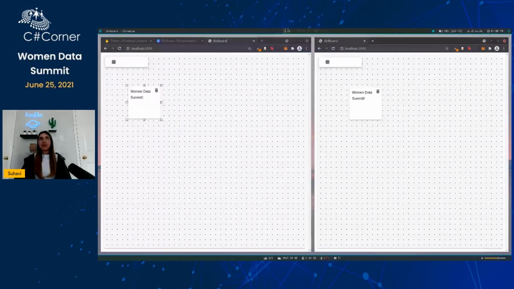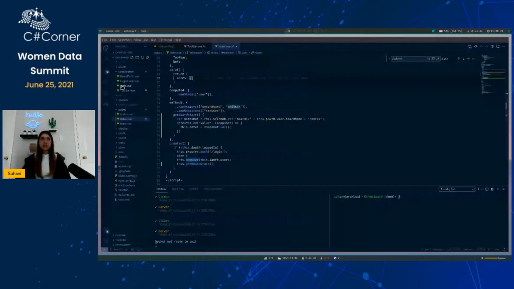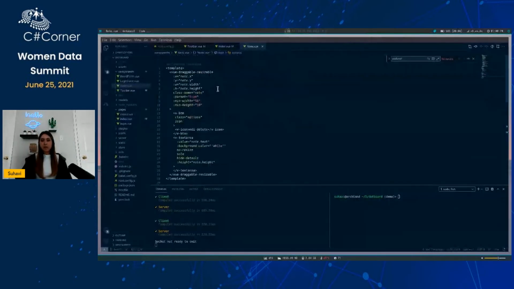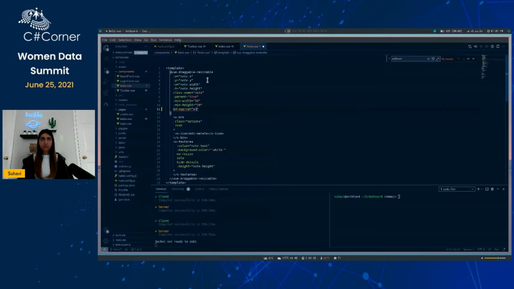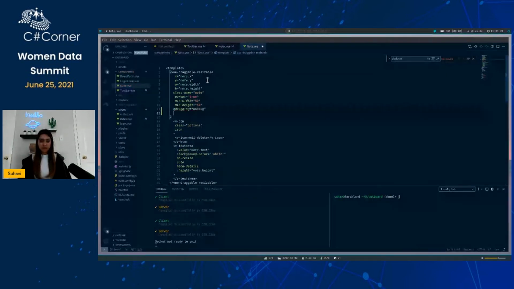For that, we're going to update our note component so that when we drag it, when we resize it, when we add text to it, it actually makes a call to update the note on Firebase. So let's go over here. We want calls to Firebase so that our other user can see exactly how we're dragging or resizing our note. So on dragging, we'll call a method called onDrag. And when we resize, let's call onResize.